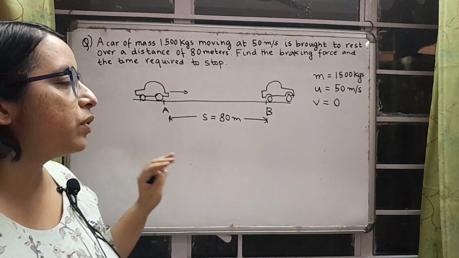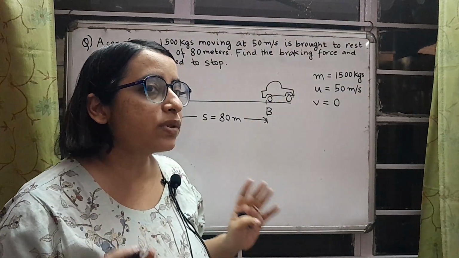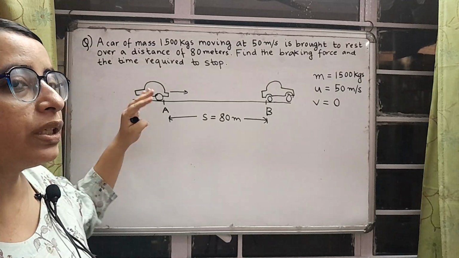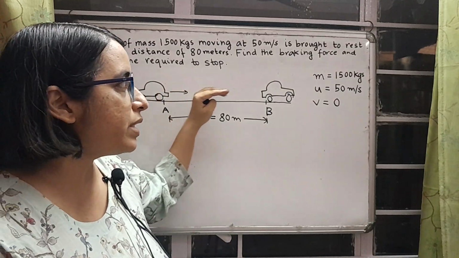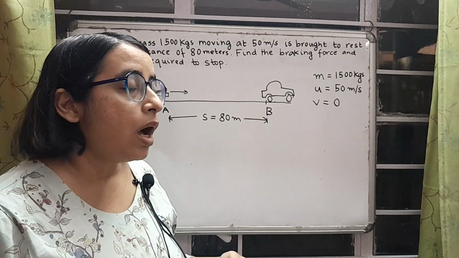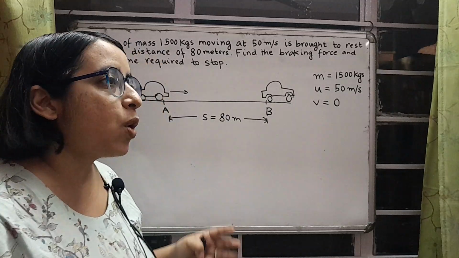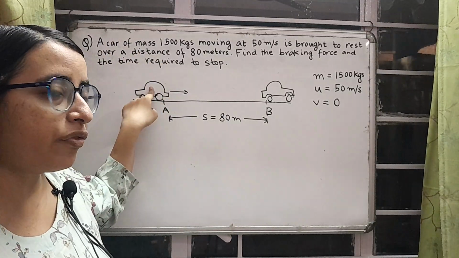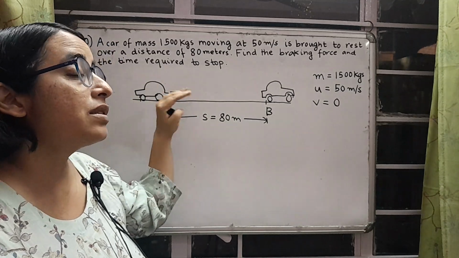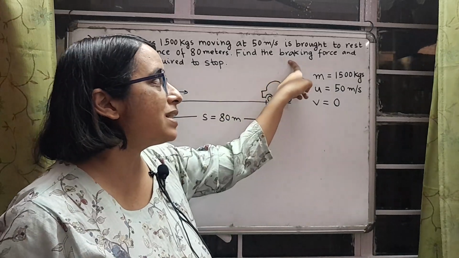Okay, the first thing I'm going to understand is why is it saying a braking force? Where does this force come from? So this car, you see, was initially moving. It's gradually slowing down. Now the slowing down does not happen on its own. According to Newton's law, a body continues in its state of uniform motion until it is brought to rest by an external force. So this is the braking force.